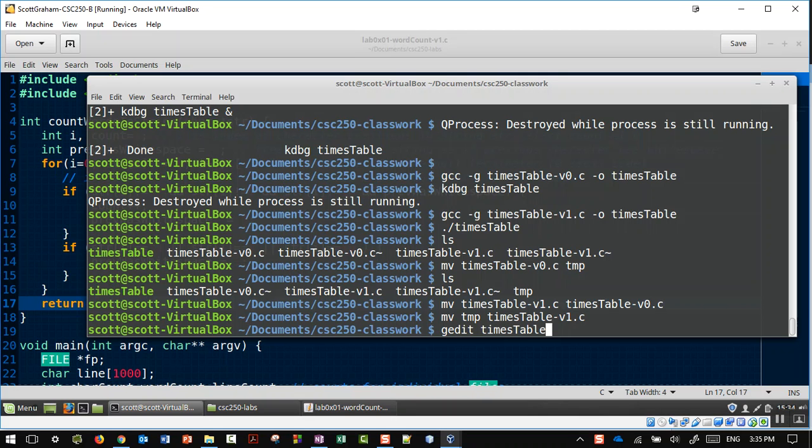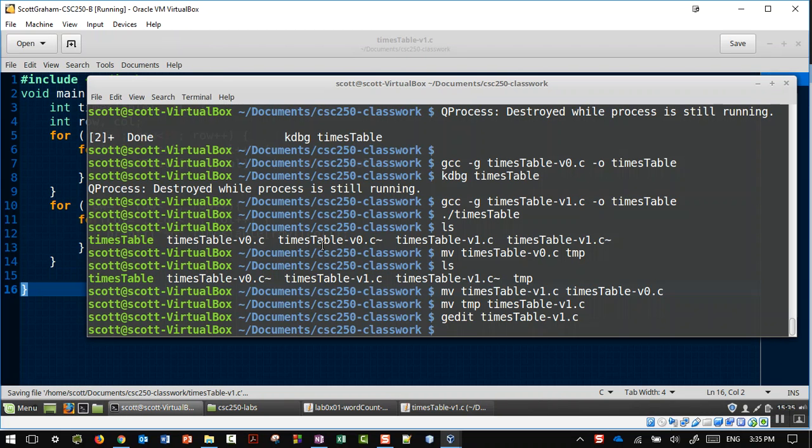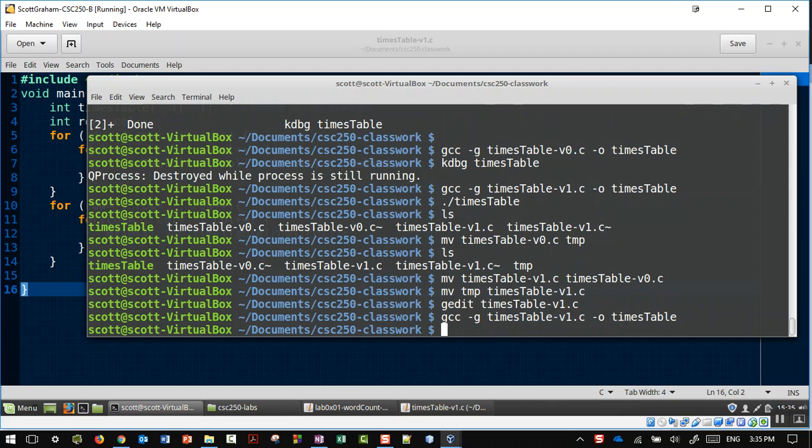That's one thing, if you use these different version file numbers, you need to make sure that you're editing the one you actually wanted to edit. Probably not a good idea to have them both open in the editor at the same time. All right, so here's my v1. Let's save that just to make sure it's saved, but I didn't make any changes, so it should be fine. Now when I do my gcc and I do my source code of v1.c, it should build the right thing. Now when I test it,